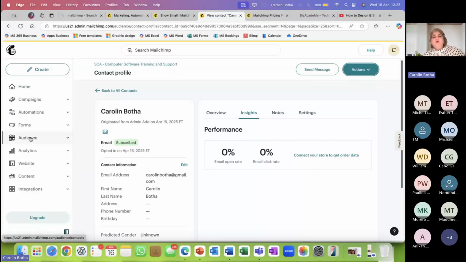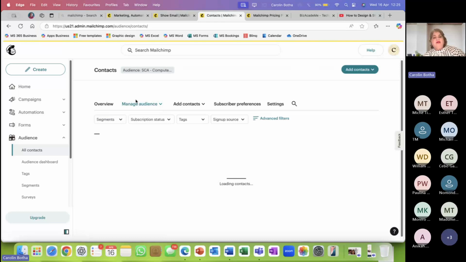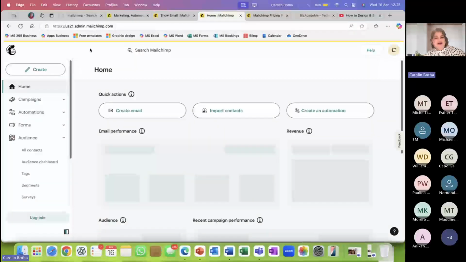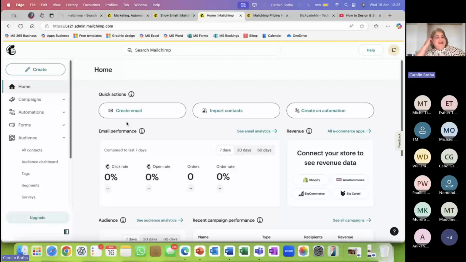Okay, I think that's more or less enough about the audience and the contacts. We all know how the contacts work regarding email address, telephone number, and so on, and what you can use and what you can't use with the POPI Act. That is quite clear. All right, so let's go back and start and create our email. Let's create this wonderful email, the one I showed you right at the beginning, something similar.